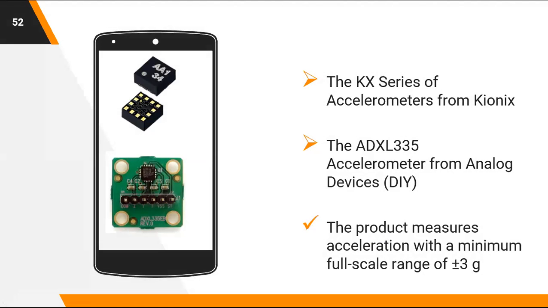See, I have taken two examples here. The first one is the KX series of sensors, which are developed by Kionix company. We will be using sensors in projects like the ADXL, we call it the ADXL335 accelerometer sensor. It is developed by Analog Devices. It measures acceleration with a range of plus or minus 3 g. So it's enough that we know up to this. We need not get much into it. If we are using it for a project, we can learn more about it.